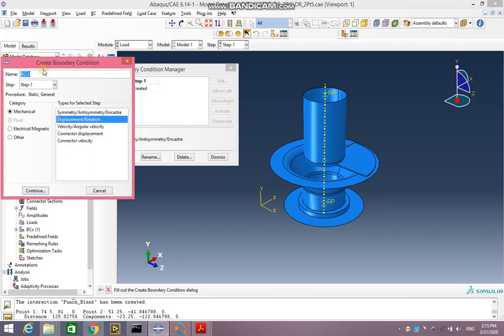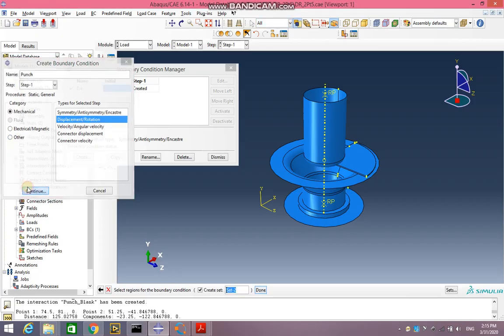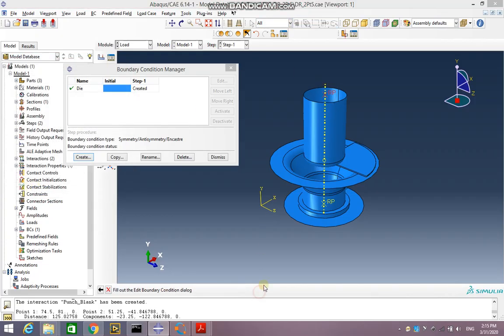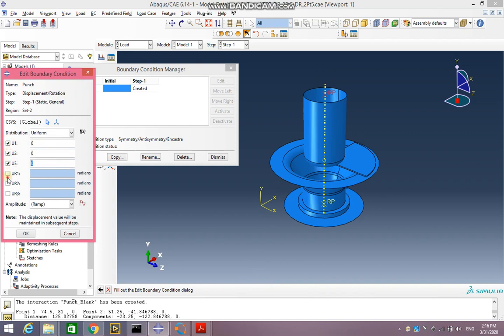displacement. So for the punch, continue. I'm going to select the reference point, done. I'm going to fix all degrees of freedom to be 0 except for U2, where I'll move it down by 123 millimeters. Okay, because that is the distance in the y direction. I'm going to move it down by 123 millimeters in 1 second. Remember that amplitude ramps up with time, and the other translational and rotational degrees of freedom are taken to be